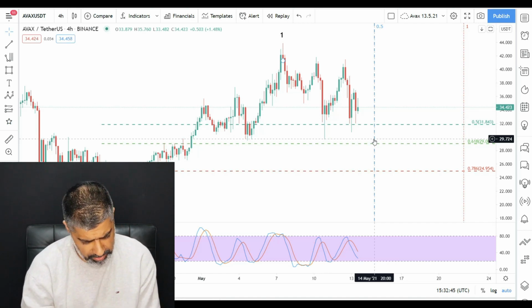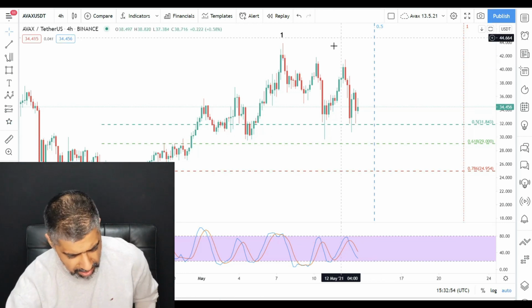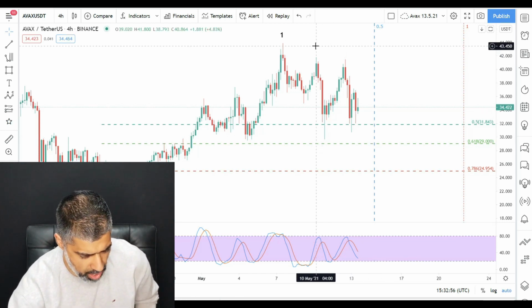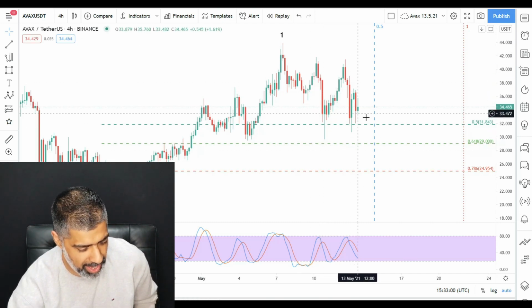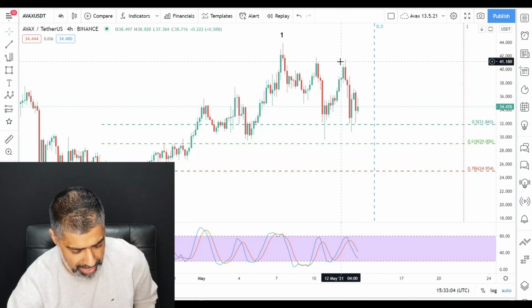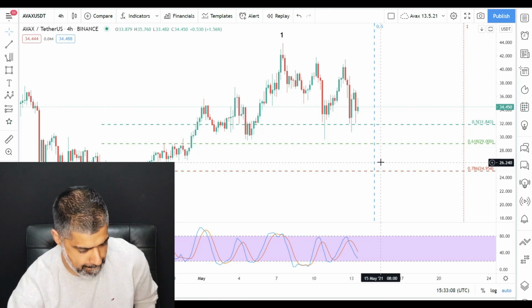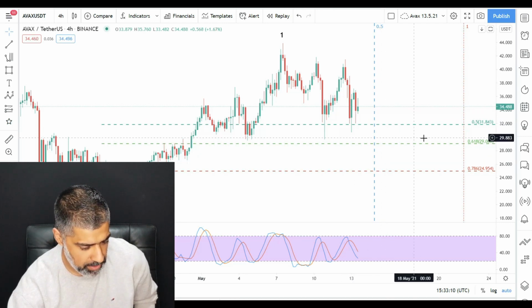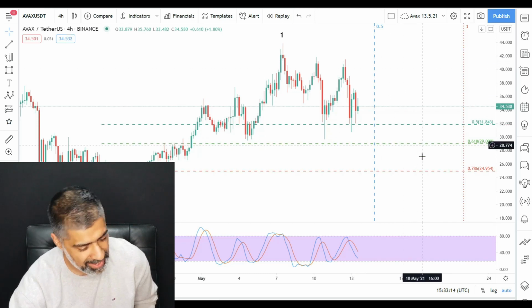So let me just have a think for a second. Yeah, that doesn't look like an A, B, C. Yeah. My guess, unless we take out this high, is we still need some more data. I don't like to enter wave 2 lows until 50% has been reached. So it might be an A, B, and then a wave C forming. Yeah, but here might be a good time. This zone over here, if it comes, or if it takes out this high,